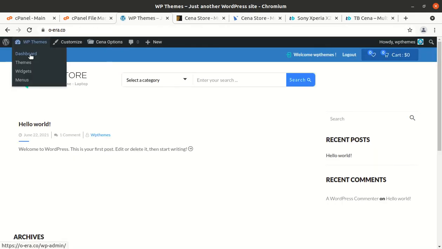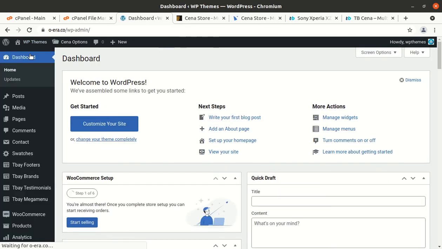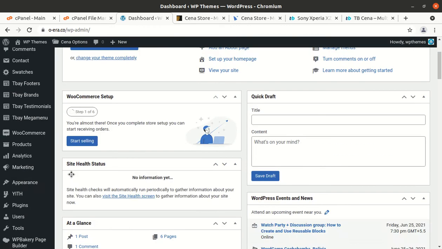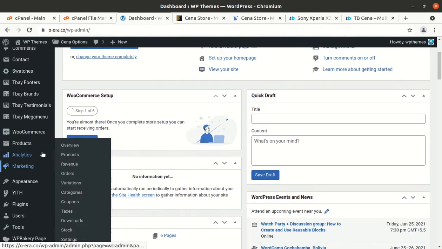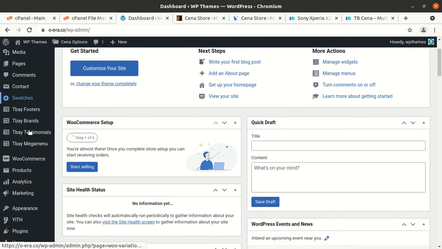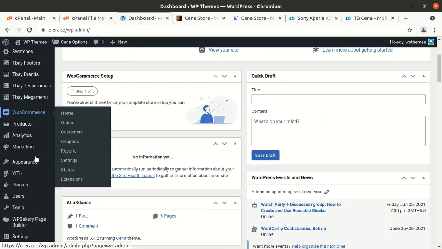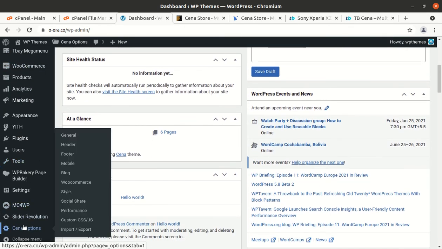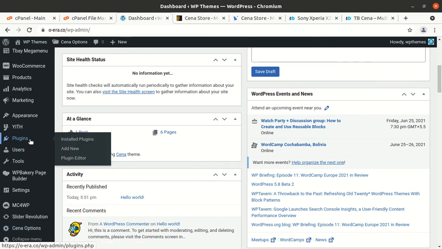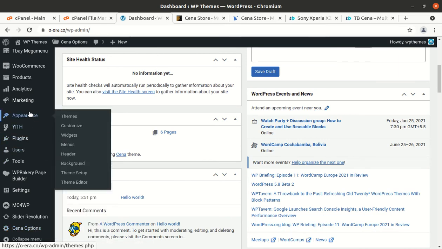But mostly people are using the pre-made website, so at this stage we need to go for demo content installation, and I'll show you all these components which we got additionally in this installation. So swatches, theme brands, theme footers and all such things. At this stage we have to import the demo content first to complete the website like a demo website, and I am looking for the option where the demo content importer is available.